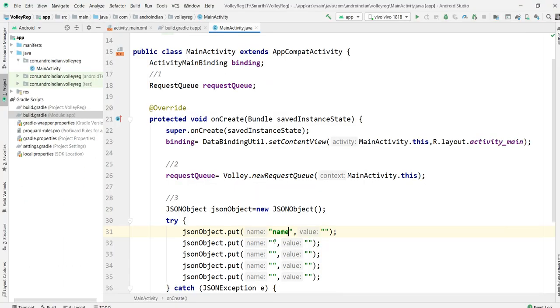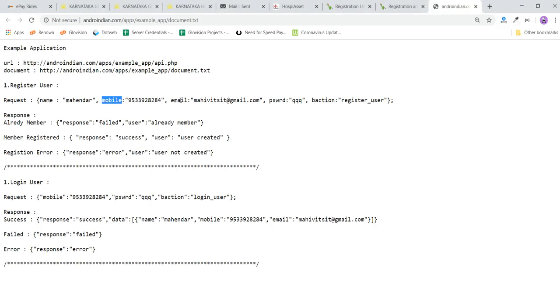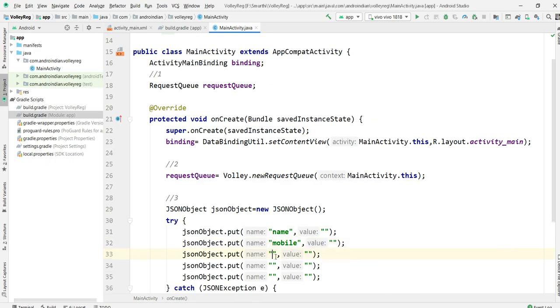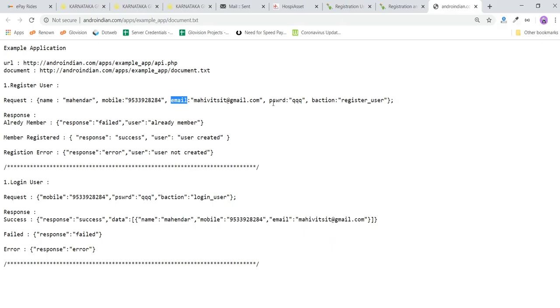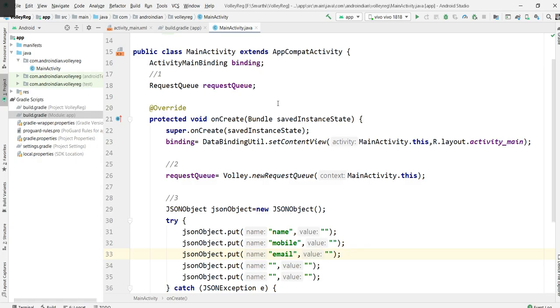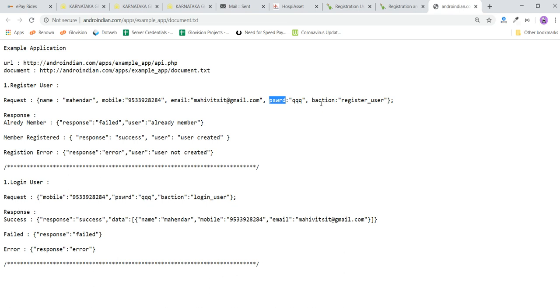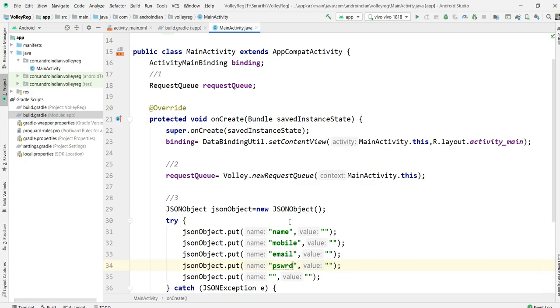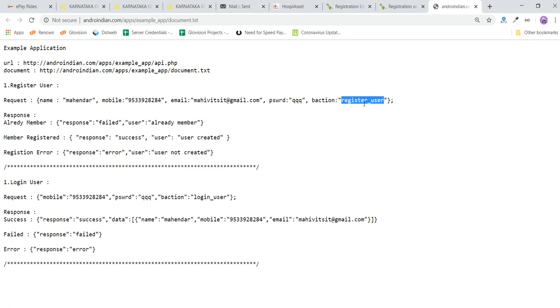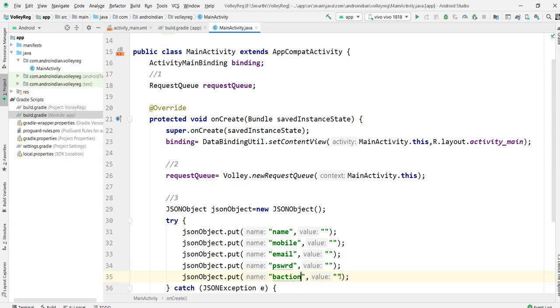Whatever you have, these keys are a must, so copy and paste them from the document. Where you get these keys, I already explained in some other video, and that video link I'll share below. For the action, key comma value, you can use both as they are given.